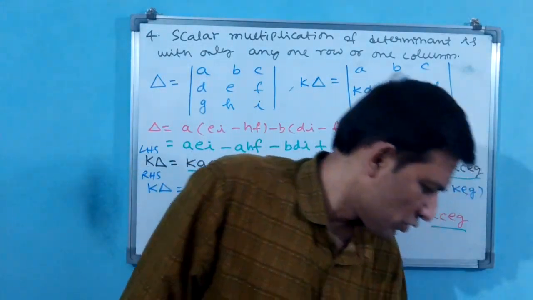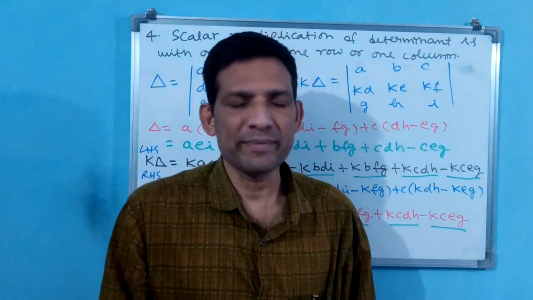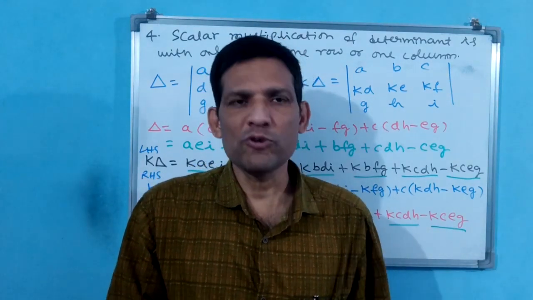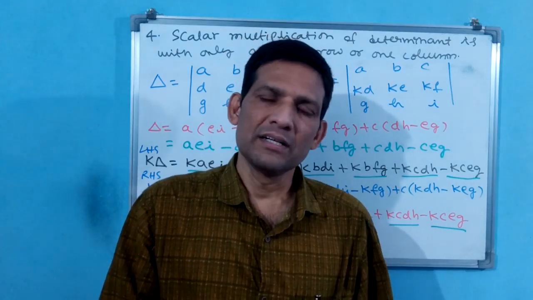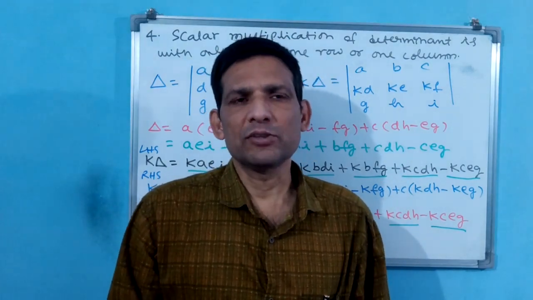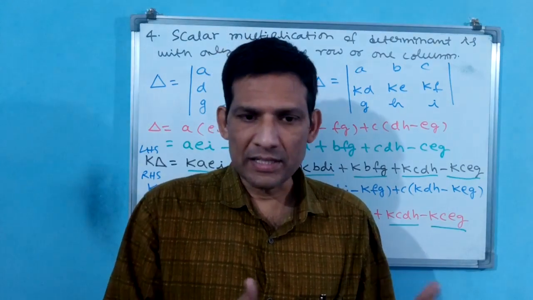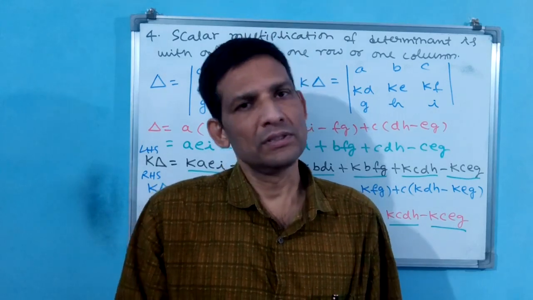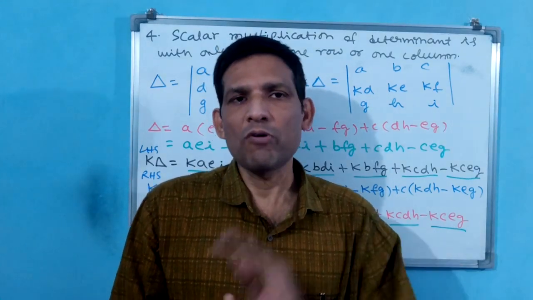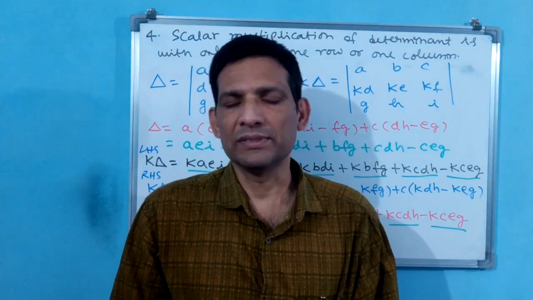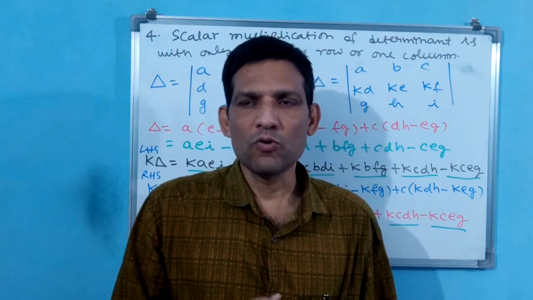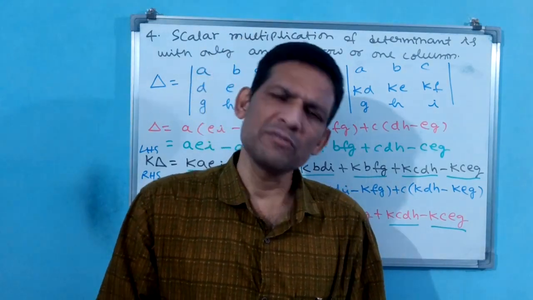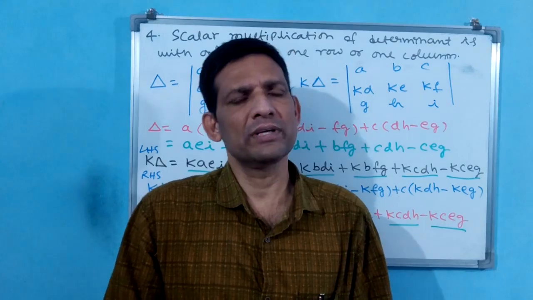We stop this class here only. We have seen 4 properties with examples verified and all. The remaining 2 properties we will see in the next class, and we will start exercise 4.2 also. Why? Because we are not only explaining all the concepts, we are seeing examples also. That is why we have done some questions like examples. In the next class, 2 more properties are there, 6 properties total. Okay. Thank you very much.